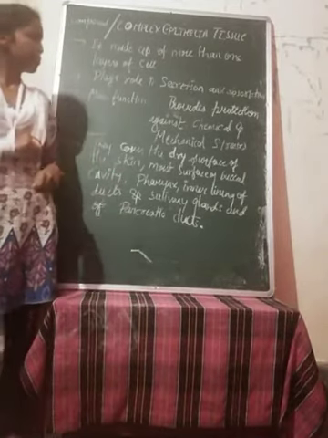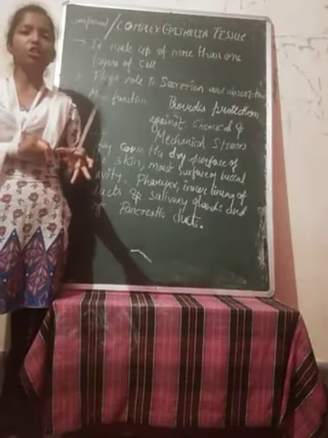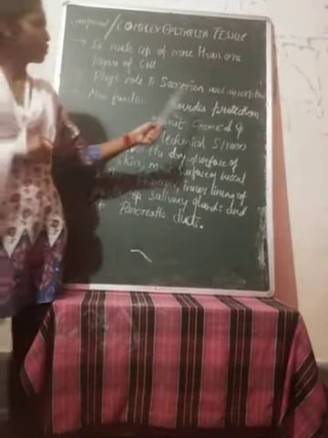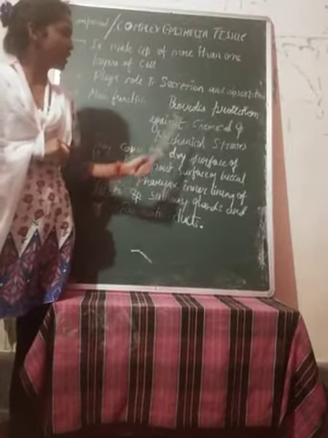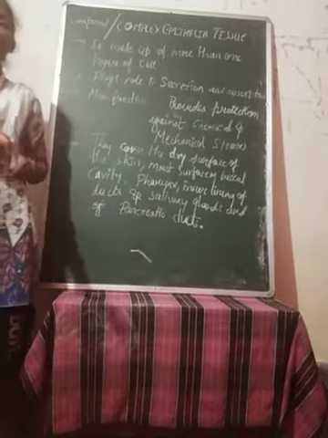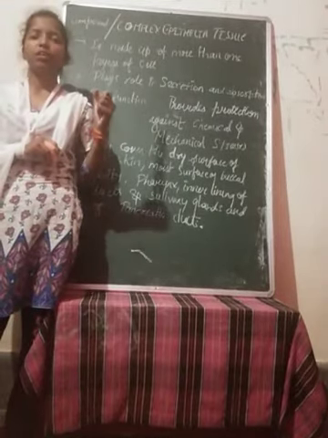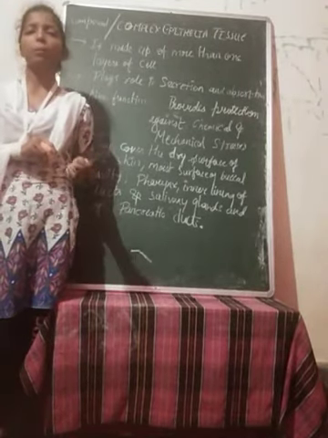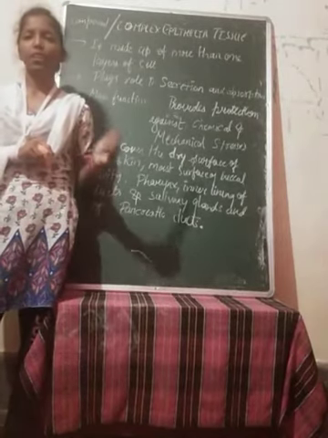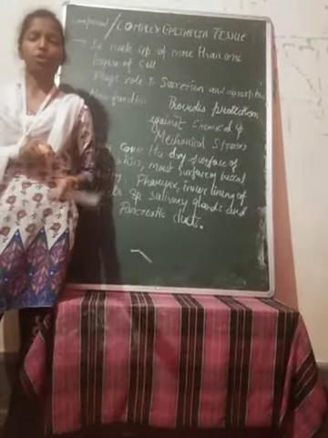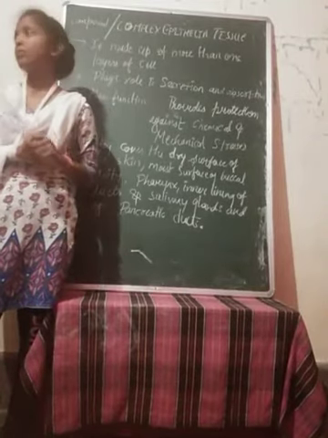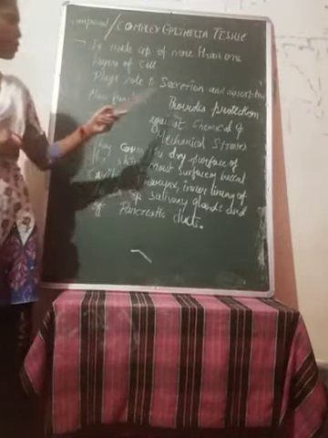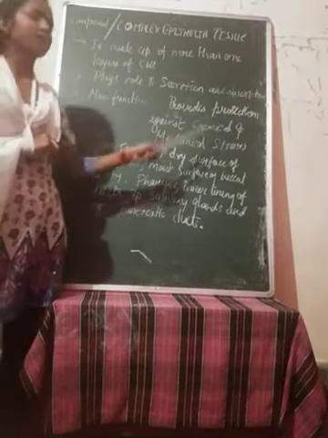Next, its main function. The common function, if you are comparing, is secretion and absorption. But the main function is that it provides protection against chemical and mechanical stresses, meaning it protects from the external environment also, just like the skin. A very good example is the skin. The skin protects us from various chemicals, from pathogens, and from stresses, that means from high temperature, maybe from the cold also. So the point here is, it provides protection against chemical and mechanical stresses.